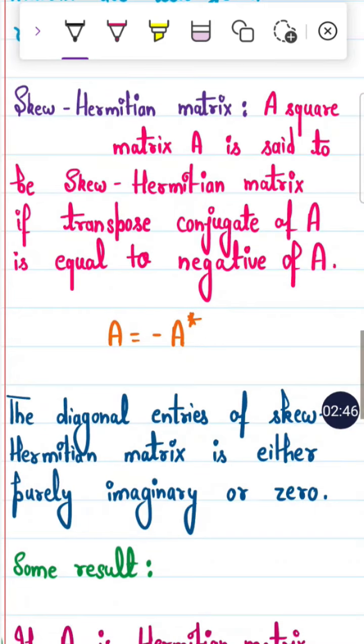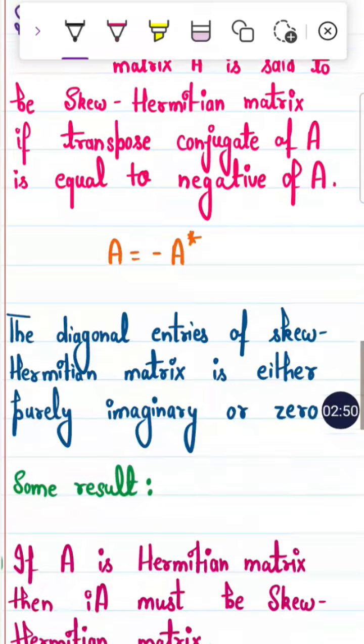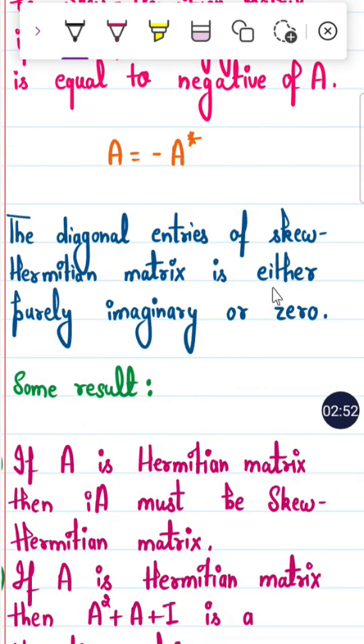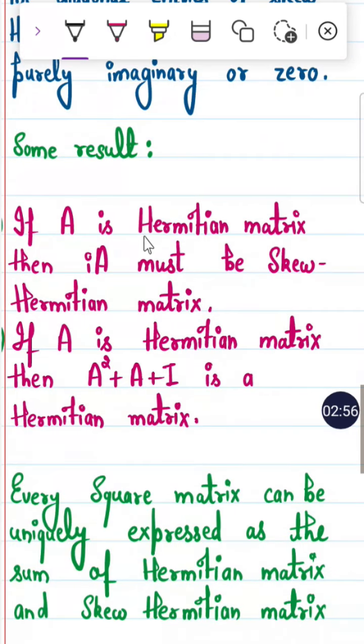Now what is skew Hermitian? Skew Hermitian is A is equal to minus of A star. Its diagonal entries are always either purely imaginary or zero. Some results: if A is a Hermitian matrix, then iA is